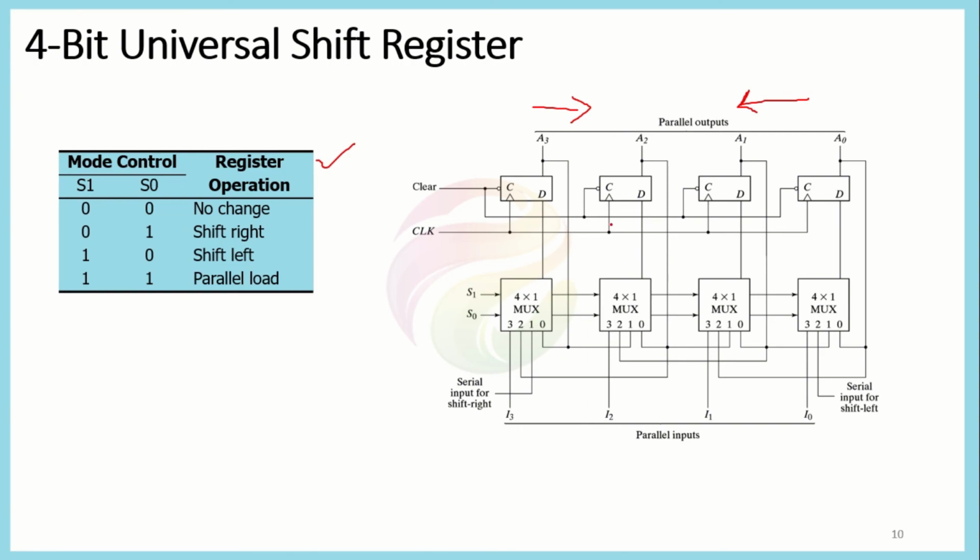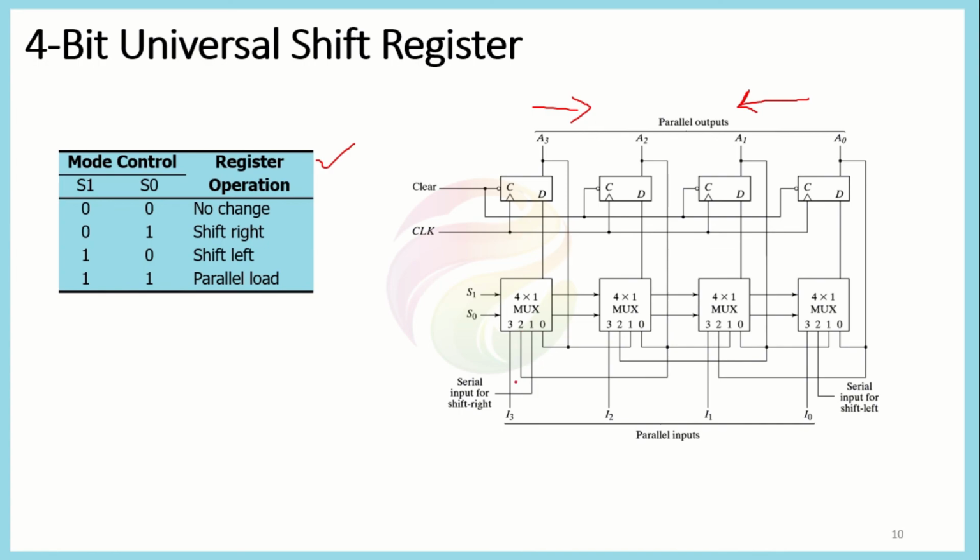This would behave automatically. Generally in a normal operation, we would be getting a serial input here at the D input, and we would be getting A3 as the output of the serial buffer. But we have also now put the output values here, so we could also get the parallel result here too. So if we would like to get the result in the parallel form, we would just collect the values from A0 to A3. If we want to get the result in the form of serial input and serial output, we could apply the different values here, and from these 4 input values